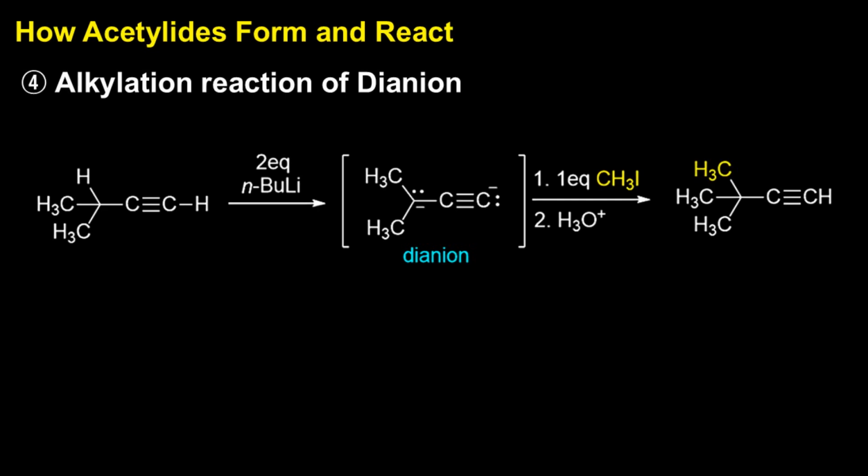It's super nucleophilic, and just like before, it can react with alkyl halides. So if you add something like methyl iodide, the lone pair on one of the carbons attacks the electrophilic carbon on the halide, and boom, you've got a new carbon-carbon bond. After a quick aqueous workup, you end up with a clean product, an extended alkyne that's ready for the next